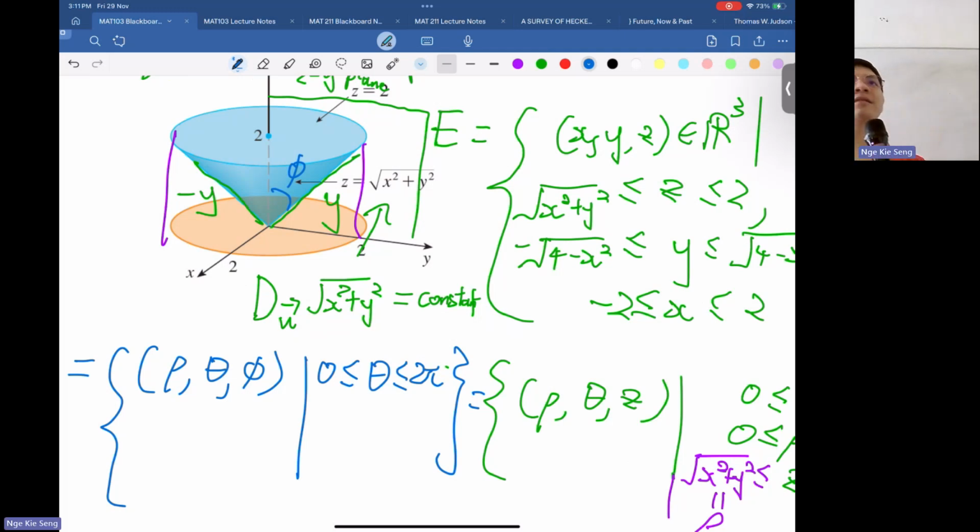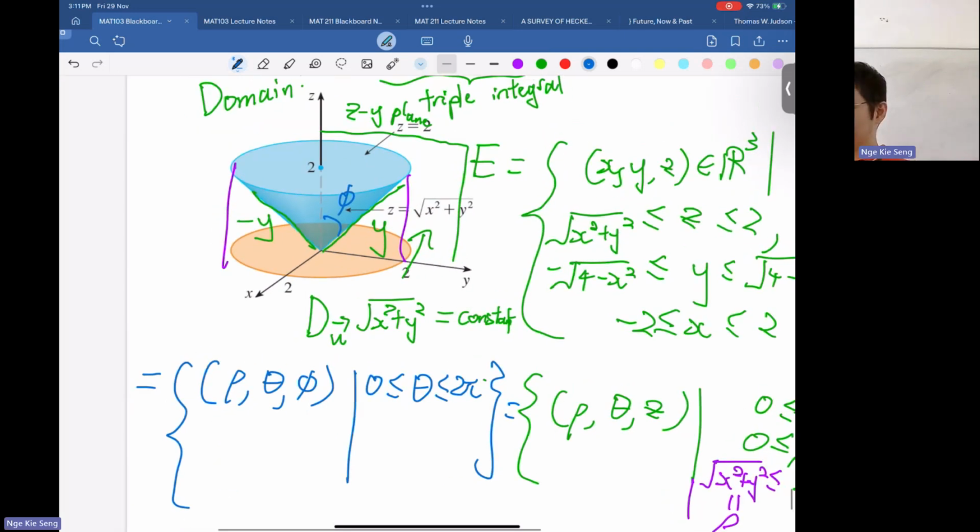It's not easy to find. Sorry, I want to find this phi. Slowly. So cosine phi equals to